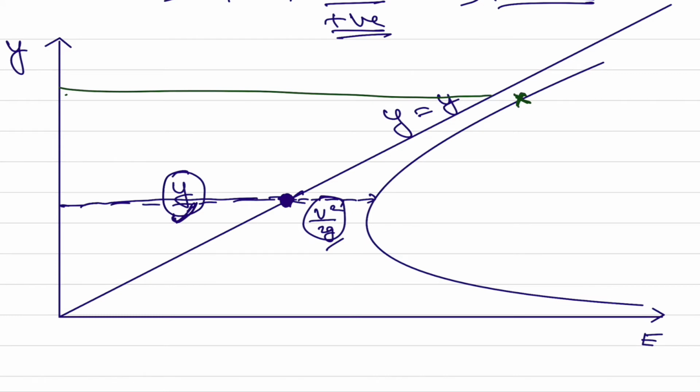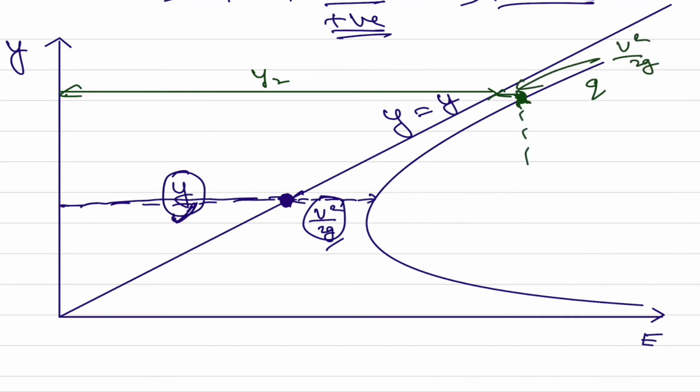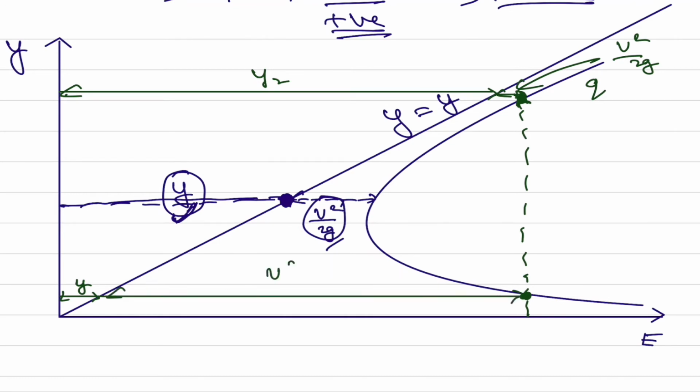has increased and we will mark it here as our new depth y2, but the velocity has decreased, because this is for a given q, this is the variation in specific energy, and this is equal to V square by 2g. Now corresponding to the same amount of specific energy we will have another point on this curve, and here we will have some depth which is lesser and some velocity head which is of course greater than what we had here.